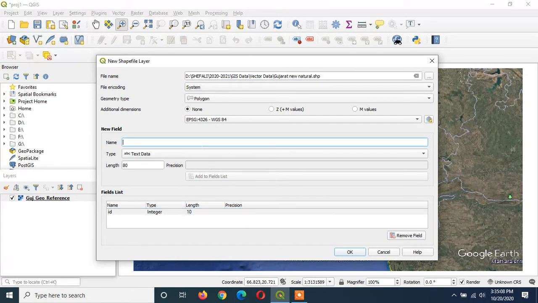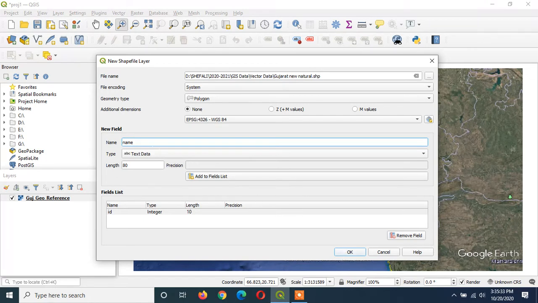I am adding one more field, name. It will display the name of the natural feature which I am going to add here. It could be anything like a lake, any closed body, which will display lake or pond or any district.